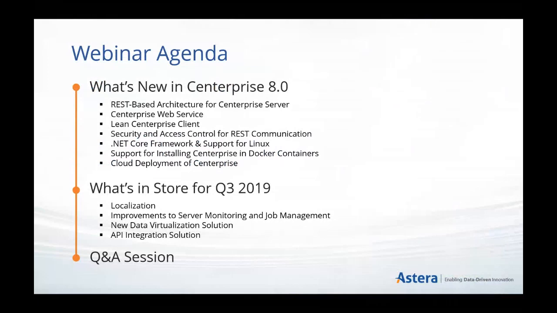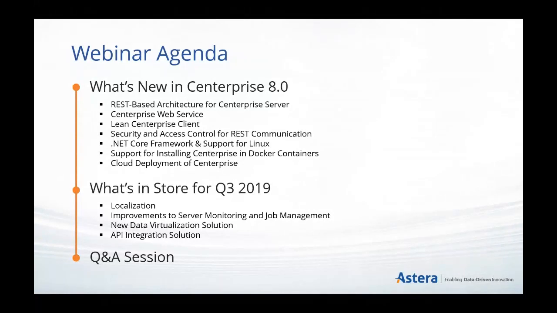object now, the lean Centerprise Client, so this affects how you deploy Centerprise, the brand new security and access control for all of Centerprise, basically, how we've switched the .NET framework to .NET Core and what that means for deployments, including Dockers, and including being able to put this in the cloud somewhere, which is brand new in version